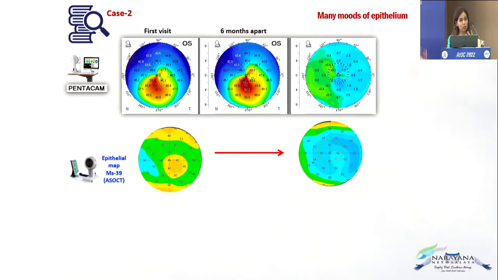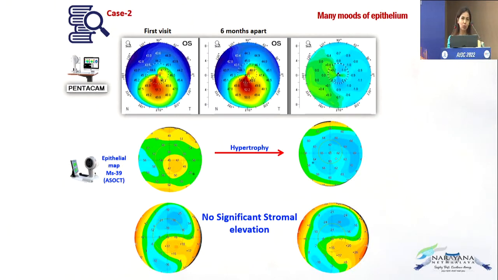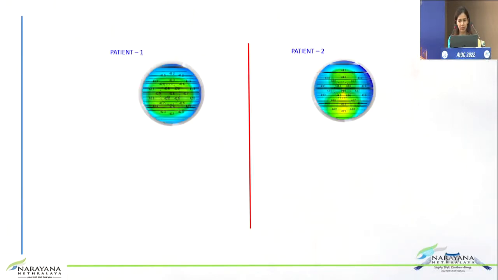So it could actually be that there is an epithelial thickening or an epithelial irregularity which is actually contributing to this pseudo progression that we see. And once we know that there's no significant stromal elevation, we would know not to rush into a second procedure if required. Similarly, the applications are pretty much endless, and even in our routine cataract surgeries, when we're